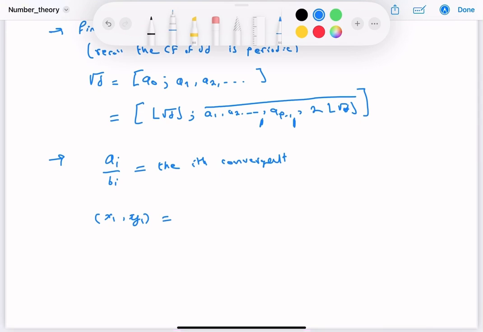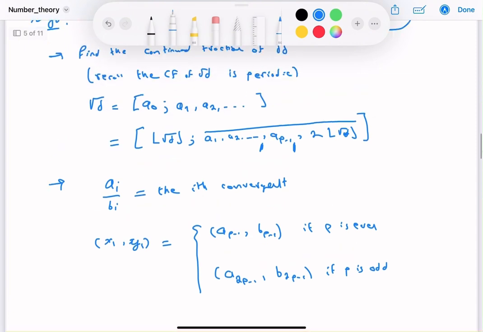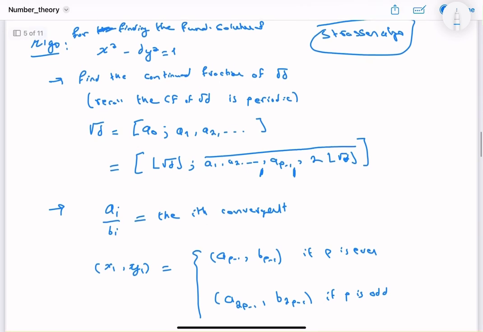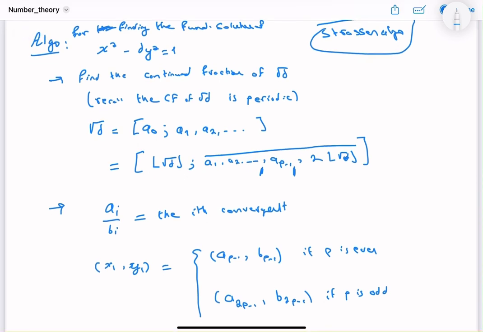It turns out the fundamental solution to Pell's equation is going to be given by (a_{p-1}, b_{p-1}) if p is even, and it's going to be (a_{2p-1}, b_{2p-1}) if p is odd. So we're gonna see an example to make this clearer, but this is actually the algorithm. To solve Pell's equation, which is x squared minus d y squared equals 1, what you have to